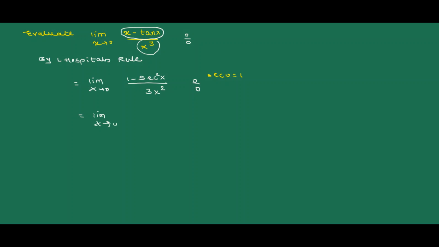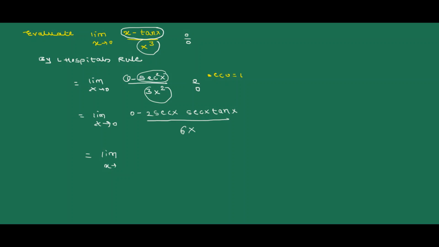x tends to 0. Differentiation of 1 is equal to 0 minus. What is differentiation of sec square x? Differentiation of sec square x is 2 sec x. Now differentiate only sec x. Differentiation of sec x is sec x into tan x, divided by differentiation of 3x square, which is equal to 6x, and this one we can write as limit